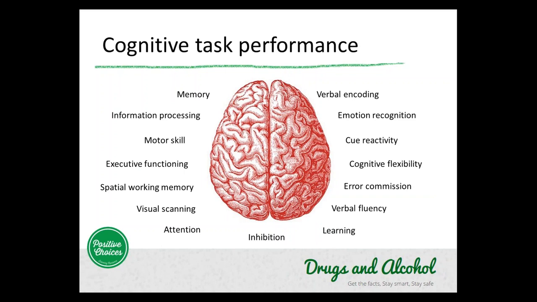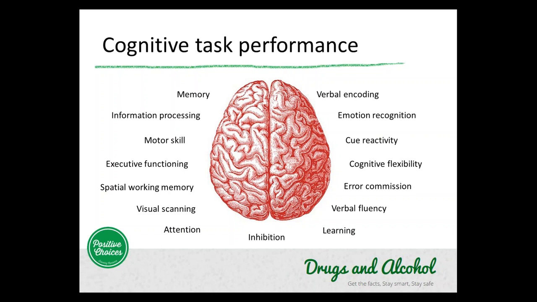So many studies have looked at adolescents who use alcohol and drugs and compared them with those who don't. And they've looked at them in terms of these basic cognitive skills. And what we've seen is that amongst those who do use alcohol and drugs, there are deficits in these cognitive skills. But what I want to stress here is that most of these studies have looked at heavy alcohol and substance users. So adolescents who use large amounts or who use to such an extent that it's causing